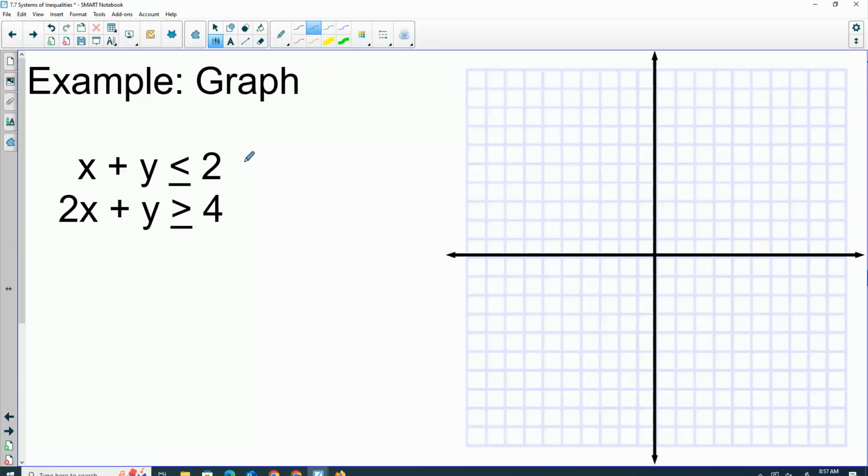If we just take this and get y by itself, it tells me y is less than or equal to, if I subtract my x, negative x plus 2. So we should all know how to graph that. This is a line. Your y-intercept is